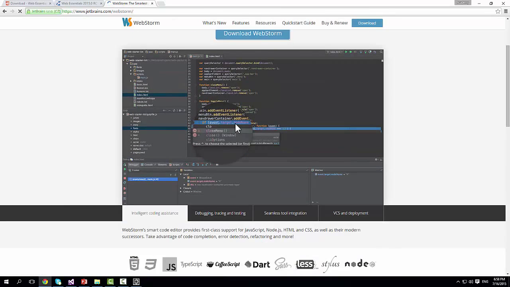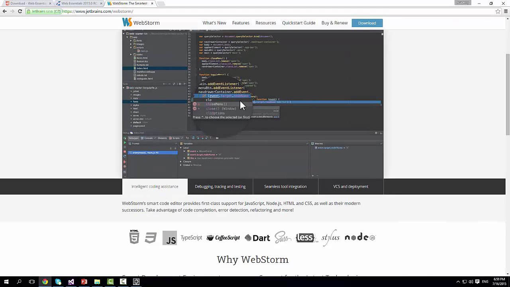It's really great for web development. Is there anyone here that uses Webstorm? Okay, so both of our web developers in the course use that. It's really good. The autocomplete is really nice and has a lot of built-in features and a lot of shortcuts. So once you get used to it, you can really write your